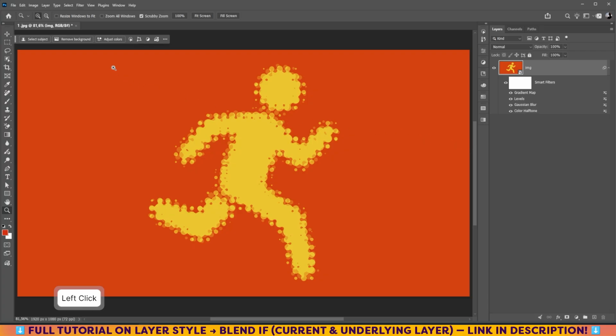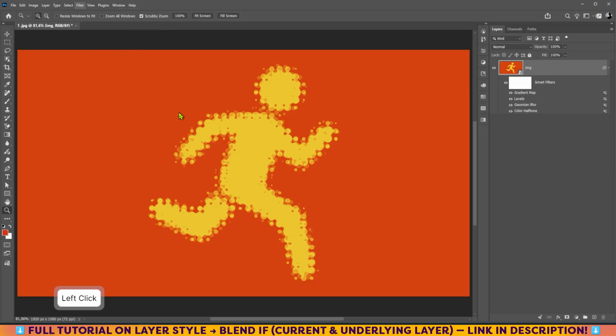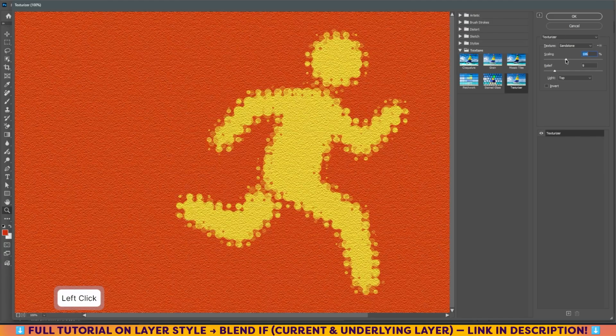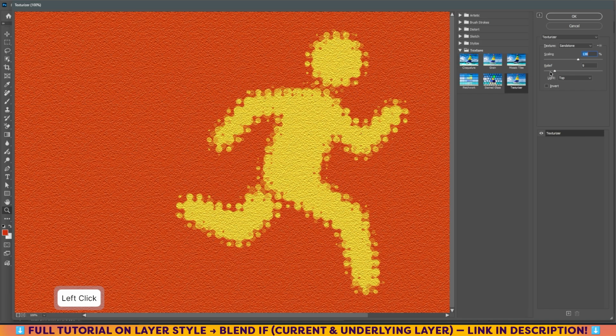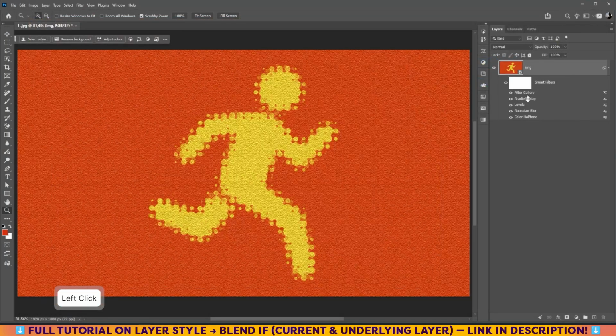And then to give texture, I go to Filter Gallery. I use Texturizer, and for the texture I use Sandstone. You can arrange the setting here. To arrange the setting of the texture, I think this is good already. Okay,